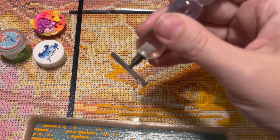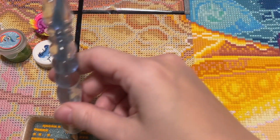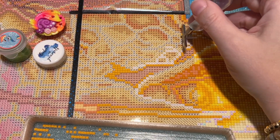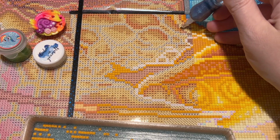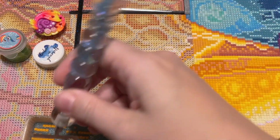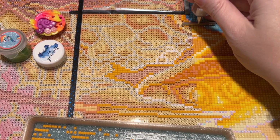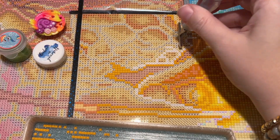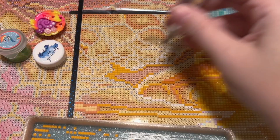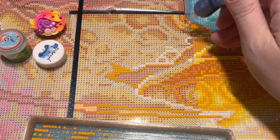I kid you not, I brought her like 3 different pens because I wanted her to get to try out different turning styles and thicknesses, so she can figure out what's the most comfortable kind of pen that she likes the best. And I brought 3 different kinds of trays from different companies, different styles, different sizes. I brought 2 or 3 kinds of putty, 2 or 3 kinds of wax, and some Simply Gilded washi tape